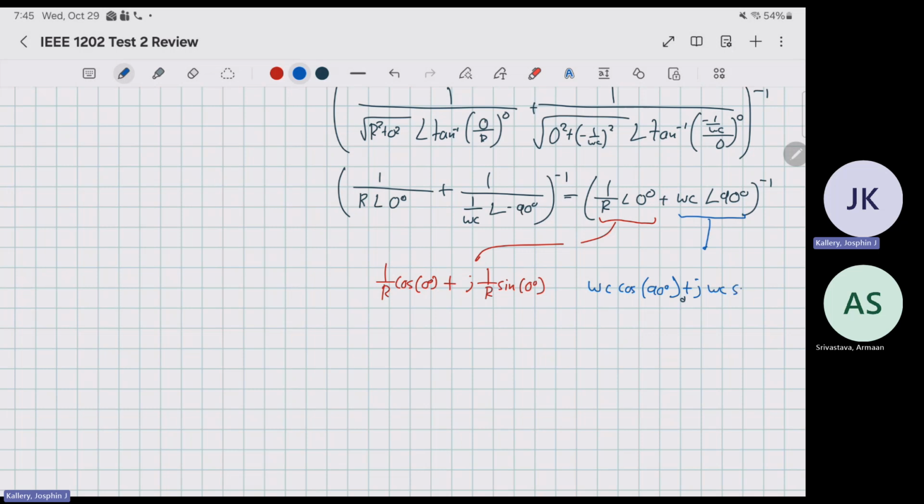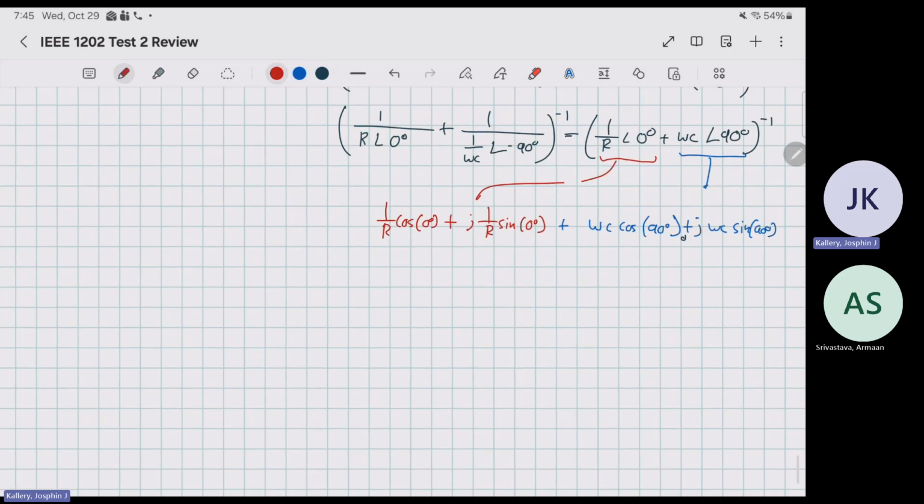Cosine, sine of 90 degrees. Okay, so cosine of 0 is 1. So this is 1. Sine of 0 is 0. That cancels. Cosine of 90 is 0. That cancels. Sine of 90 is 1. So our final expression is 1 over r